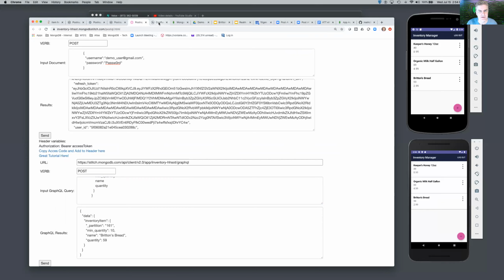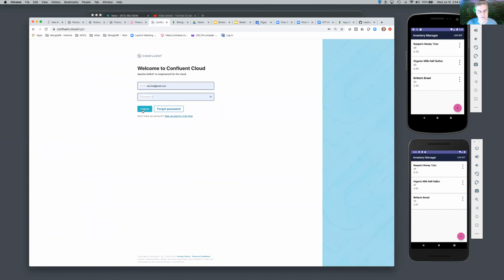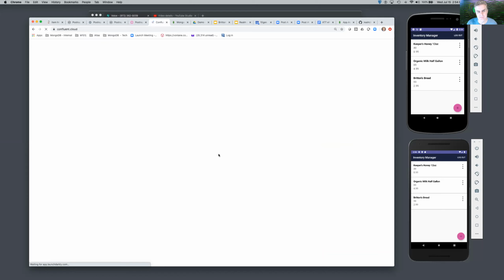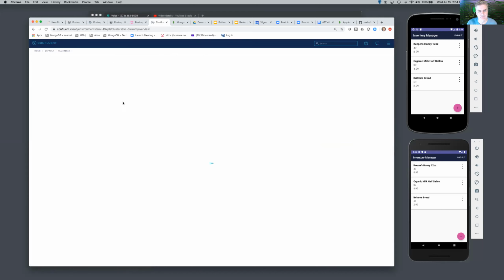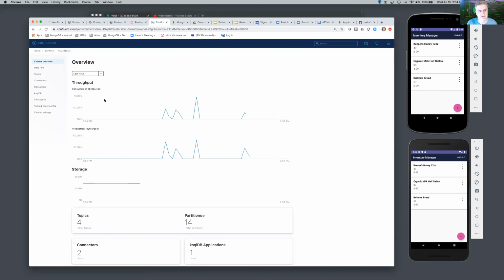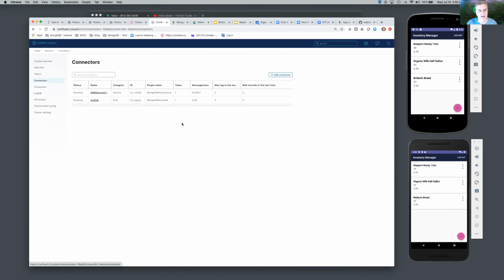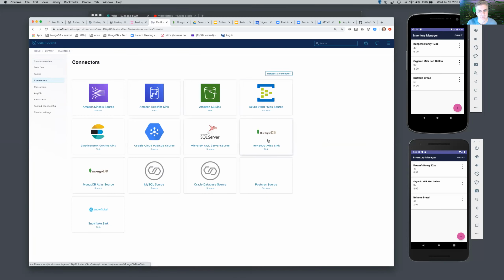The last piece of the puzzle that I'd like to show is the Confluent integration. So we actually have integrated with Confluent Cloud through the Kafka connector. When you go to the Confluent Cloud, your cloud-to-cloud connections to Atlas so that it can watch the data as it changes in Atlas and notify downstream applications. So in this particular case, I can add a connector, MongoDB as a sink, for example, or as a source. Maybe I have MySQL as a source and I sync that to MongoDB or Oracle, put that into MongoDB, or vice versa. Atlas will be a source and we're able to sync with other